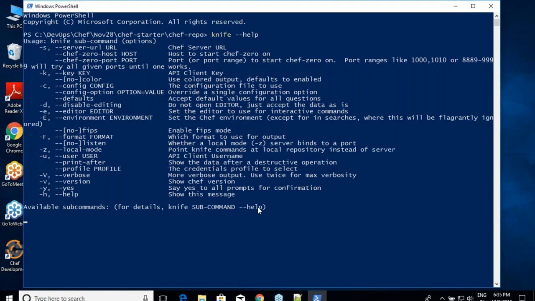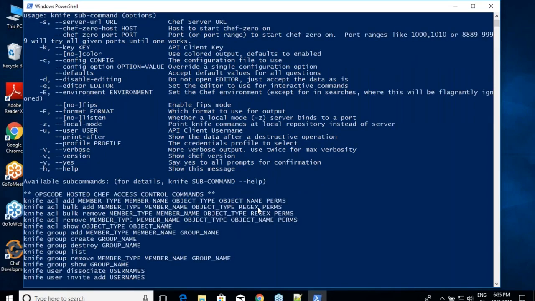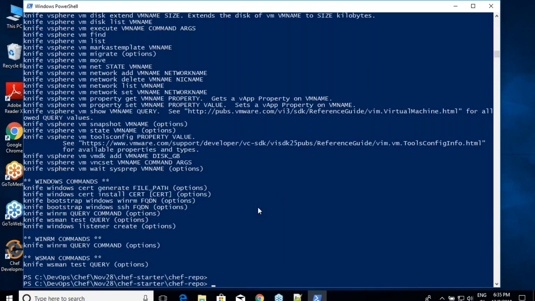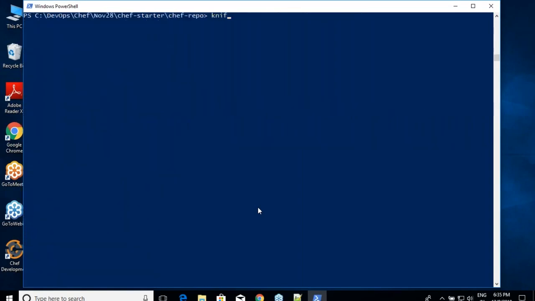If you remember, we have already executed one subcommand called knife bootstrap. Those are all the subcommands, and there is no way on earth that you are going to remember everything. That's why I always use this option. So what am I interested in right now? Knife node hyphen hyphen. My subcommand is node, and I'm trying to see what are the possibilities in the node.